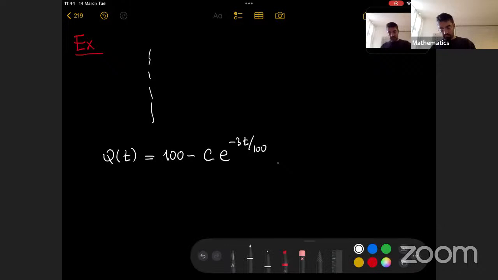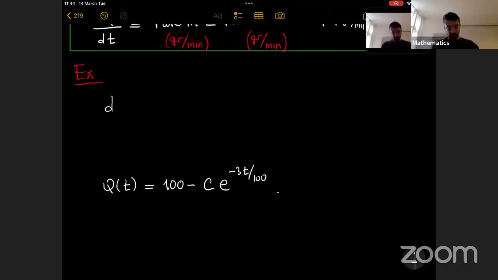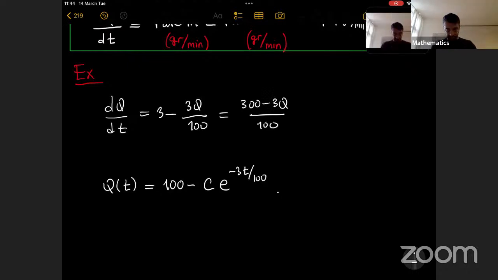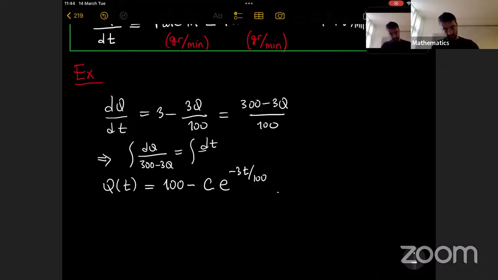Okay, so let me remind what we had here. We had this equation dQ over dt is equal to 3 minus 3Q over 100, which is 300 minus 3Q over 100. And then you can solve this by integrating the following: dQ over 300 minus 3Q is equal to dt over 100. You simply integrate both sides and you get